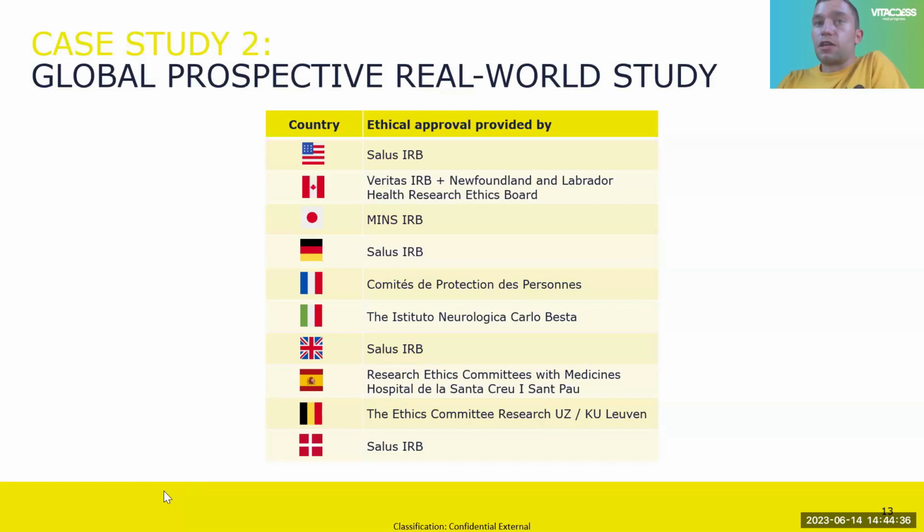And then, I won't go through any more, but just to show there's a mixture here. IRBs that cover multiple countries, and then national ethics committees. So we've got here France, Italy, Spain, and Belgium. These are all covered by